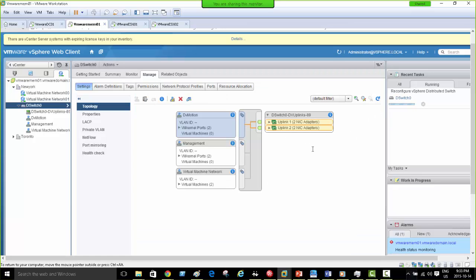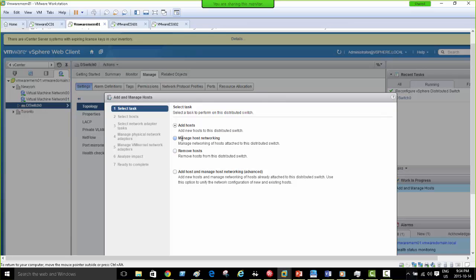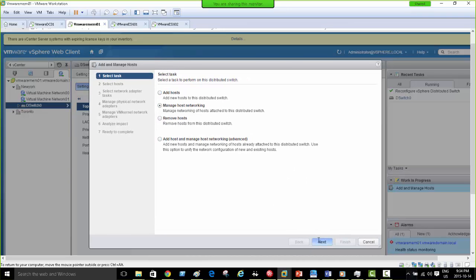So when it changes here after the whole thing has been created, there should be a 3rd uplink option here. Once that is created, we already know that the spare network card on all the hosts is available, and there is huge traffic going on, and 2 network cards may not be showing the perfect performance. So okay, third uplink is there, so I'm just gonna go quickly to the add host to this and manage host network setting. Next,